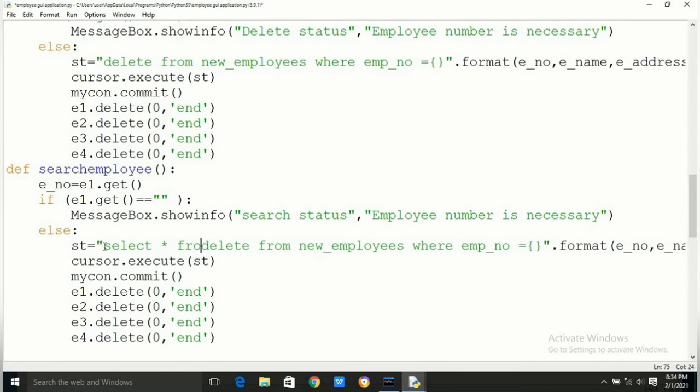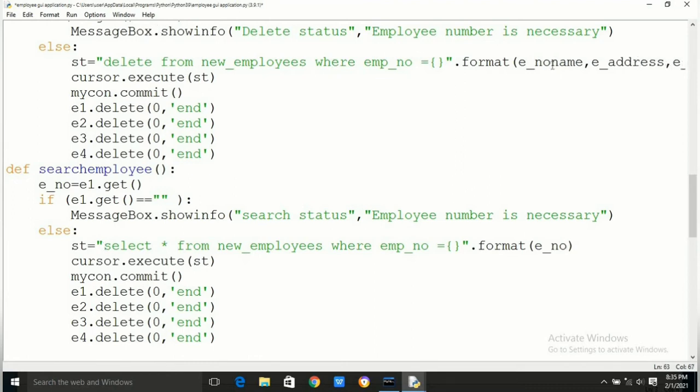Here we are showing search status: employee number is necessary. If the employee number is there, then we can run select star from new employees where employee number is equal to, we have to give dot format ENO.